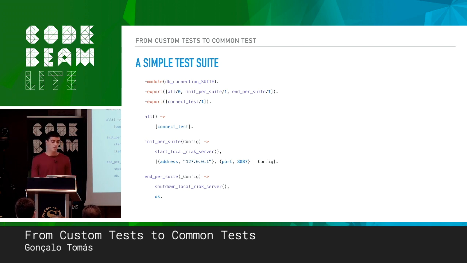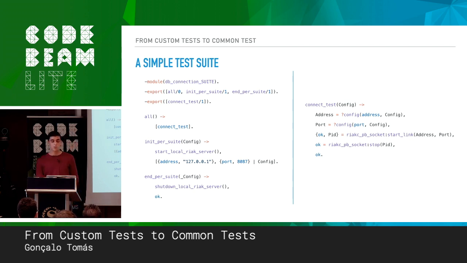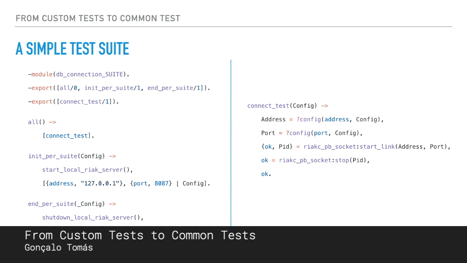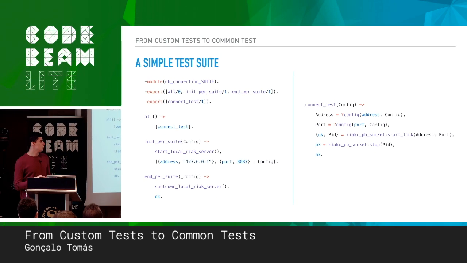And here I have a very, very simple test suite. This just tests a connection to a Riak server. We have init_per_suite and end_per_suite callbacks, and they do the setup and teardown of the database respectively. So here I'm just starting a local Riak server, and then I'm shutting it down in the teardown function. And the test case itself can be arbitrarily complex. Here I'm just opening and closing a connection to the database that I started before. This is very simple, but it is a good example of the building blocks